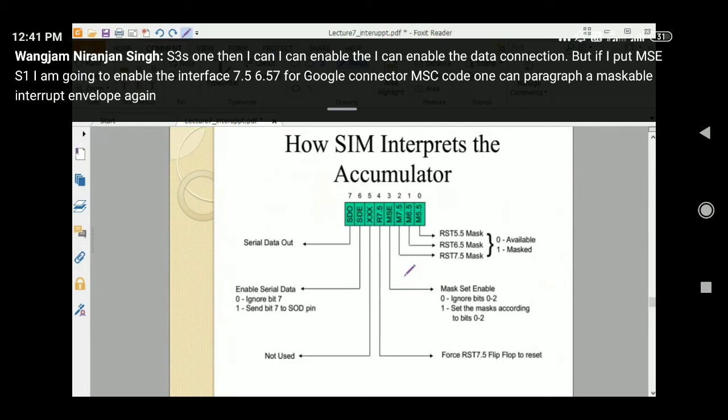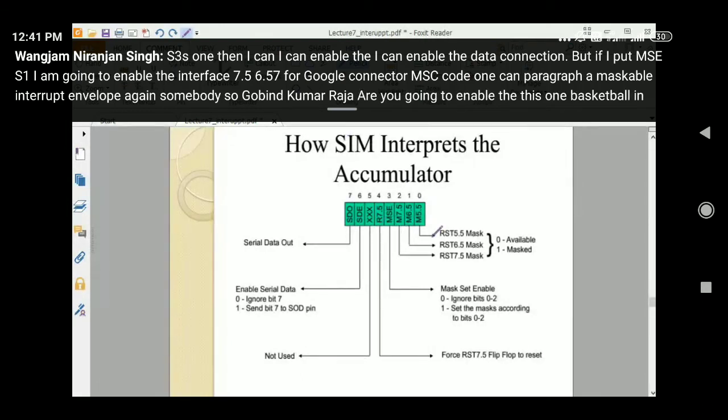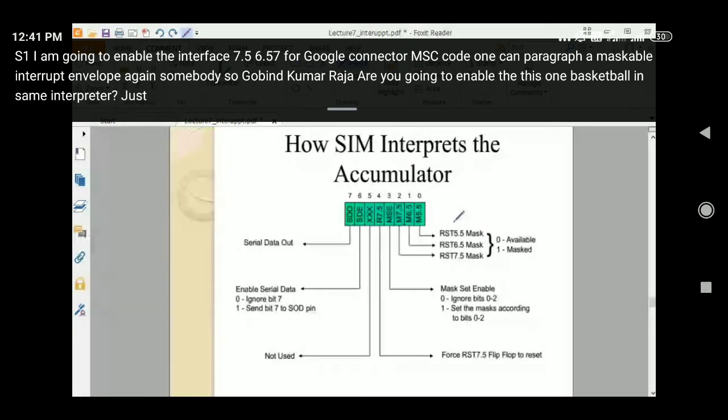Did you all understand or not? So Govind Kumar Rajat, how are you going to enable this maskable interrupt with the SIM instruction? Just provide two scenarios in which we can enable the maskable interrupt.